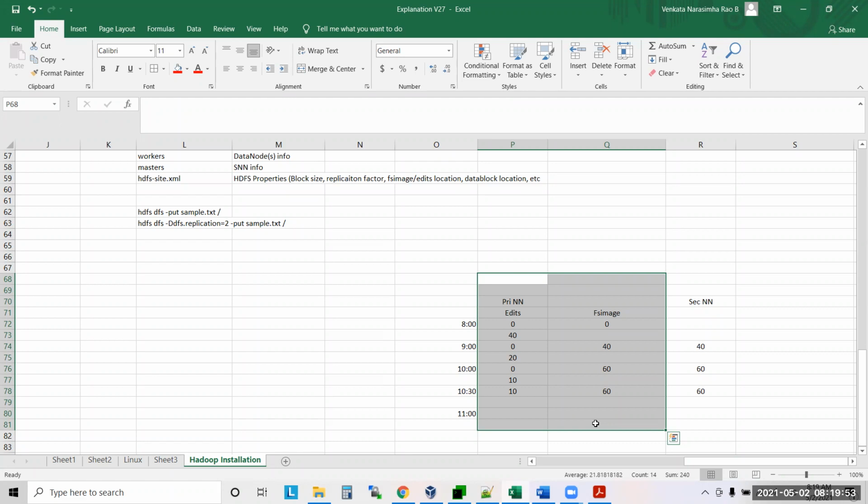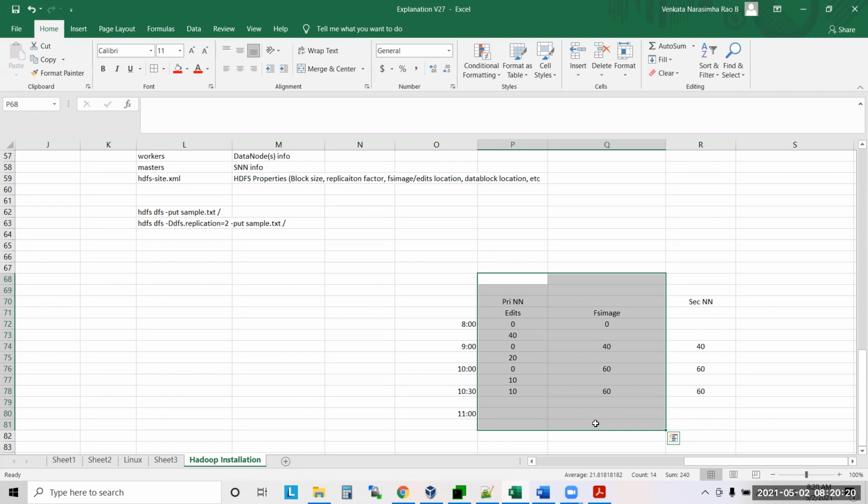Understood? If you shut down and restart, that is a different scenario. If you shut down and restart, those 10 will be there. That is not a problem. My scenario is that the system itself is completely burnt out. Smoke came out of that machine, no hard disk is working, nothing. You cannot recover it. In that scenario, the 10 are gone.